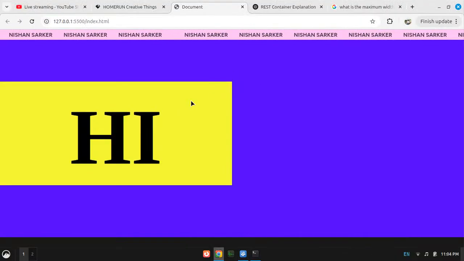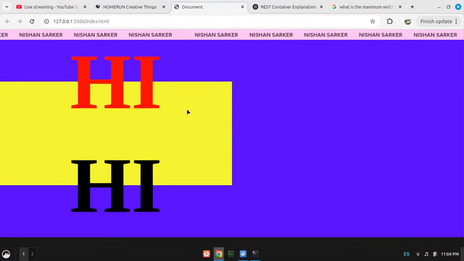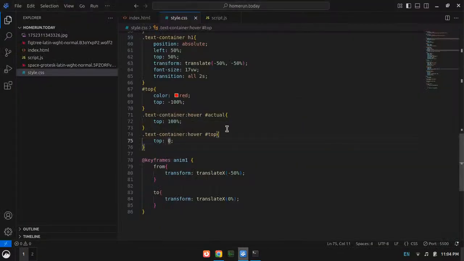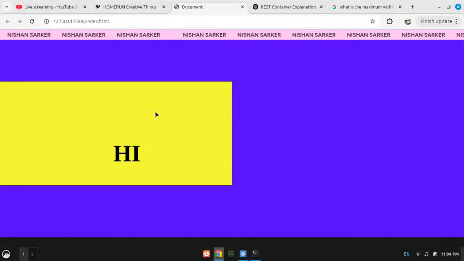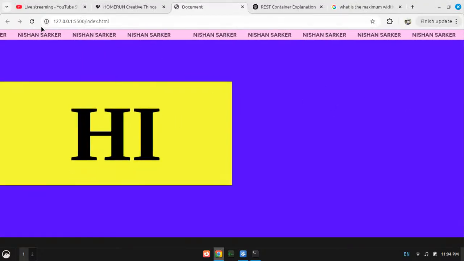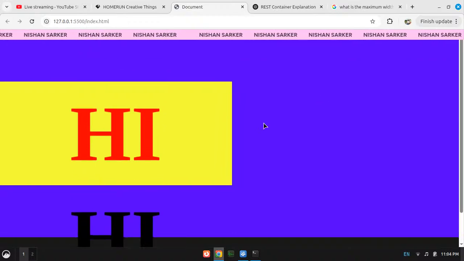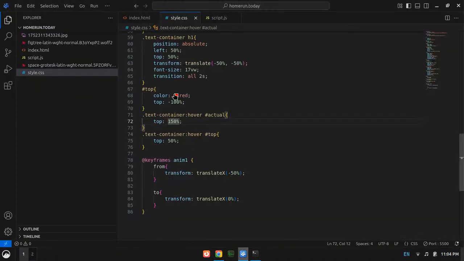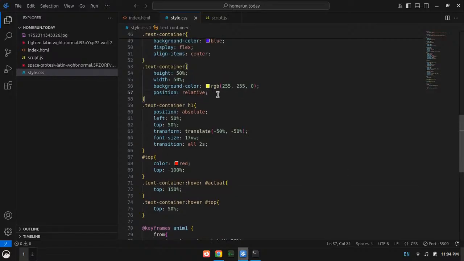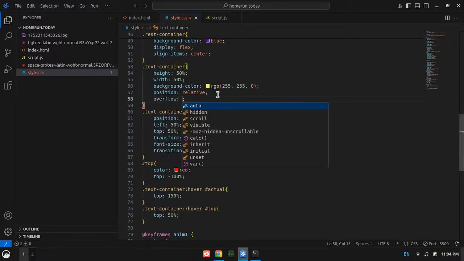Well, will it work? They have a transform translate, so 50%, and then 150%. Will it work now? Okay, let it just load. Then finally it works, man. And I will add just an overflow hidden here. Overflow hidden, right?